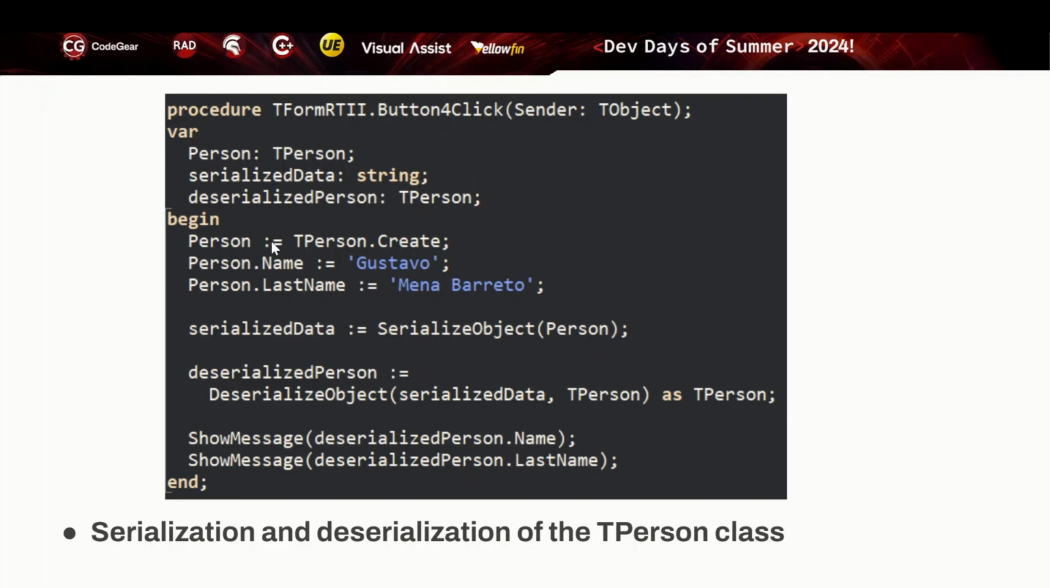I create an instance of a person here, setting the properties with my name. In this line here, serialized data, I'm gonna set serialized data with the function SerializeObject, using person as a parameter. In the end, we're gonna have this JSON here with my name in the variable serialized data. And we're gonna use it to deserialize person. Okay, we're gonna use DeserializeObject using my JSON here,